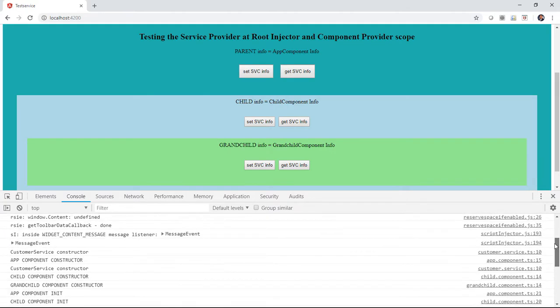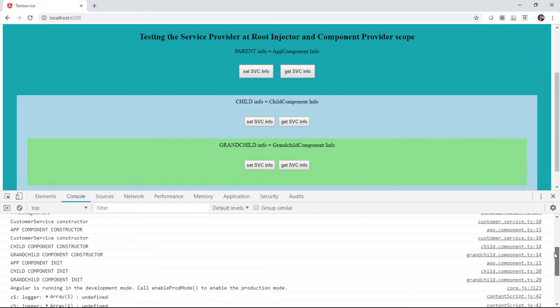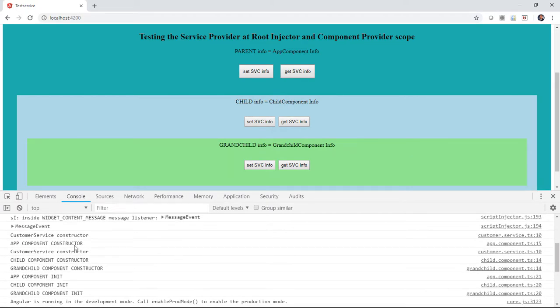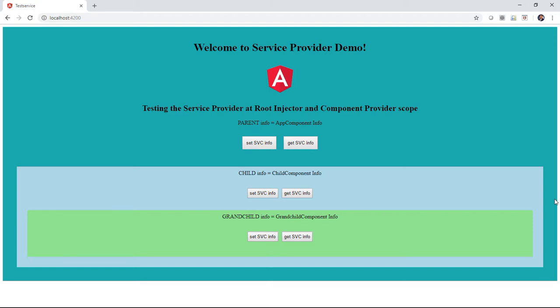Okay, so first in the log file, let's take a quick look. Customer service, customer service. There's only two instances of customer service. One, two. Okay, so now the question is, what instance